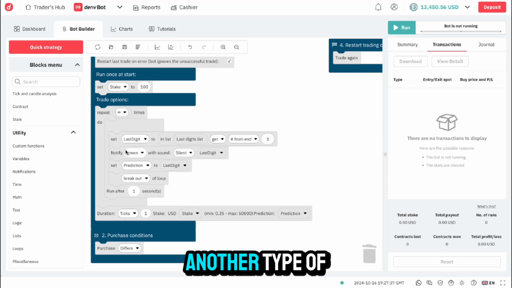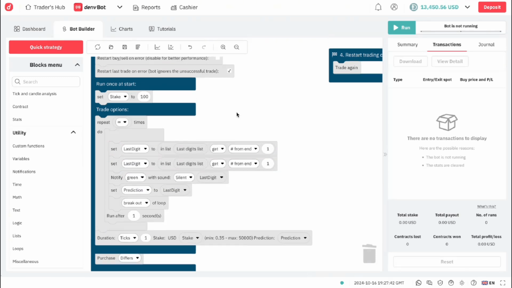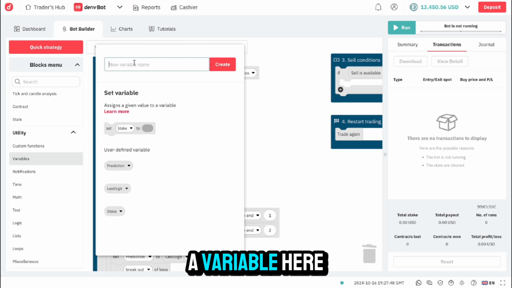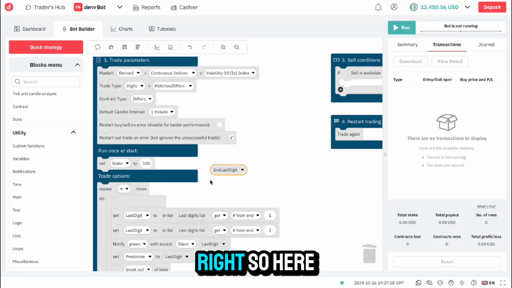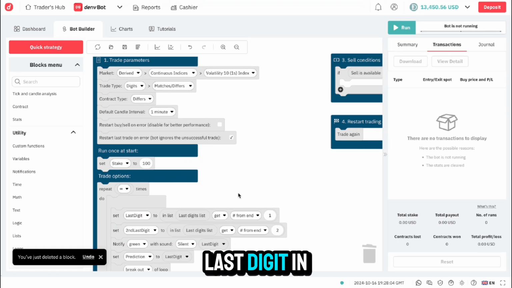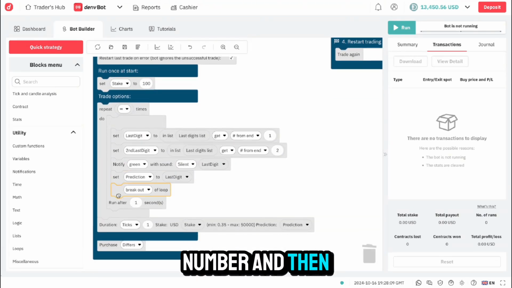So we create another type of bot. We create 2 last digits. Okay, so we get the last and the second last digit. So this is the second last. Let me create a variable here, call it second last digit, create. Right, so here I don't need to do that. Call this second last digit. In the last digit list, get the second number, and then